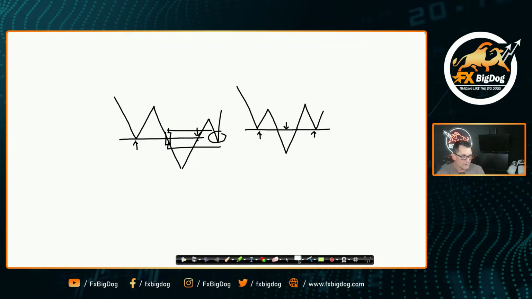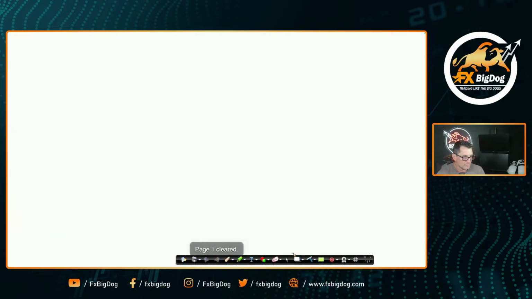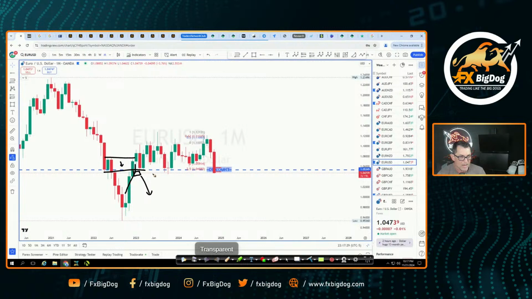Now, the reason I mentioned that is because if you take a look at where we're at right now, this order block has now become the breaker block, which is the inverted order block, which means this now becomes a support area. And it's not just from the bodies, but from the high up here and the low down there.